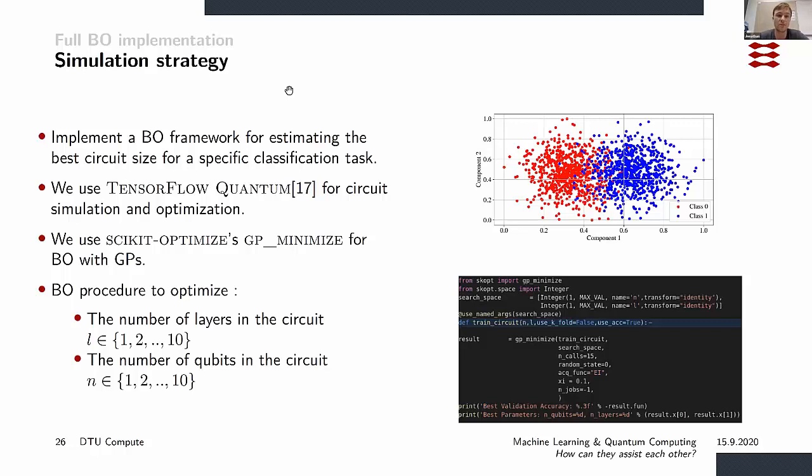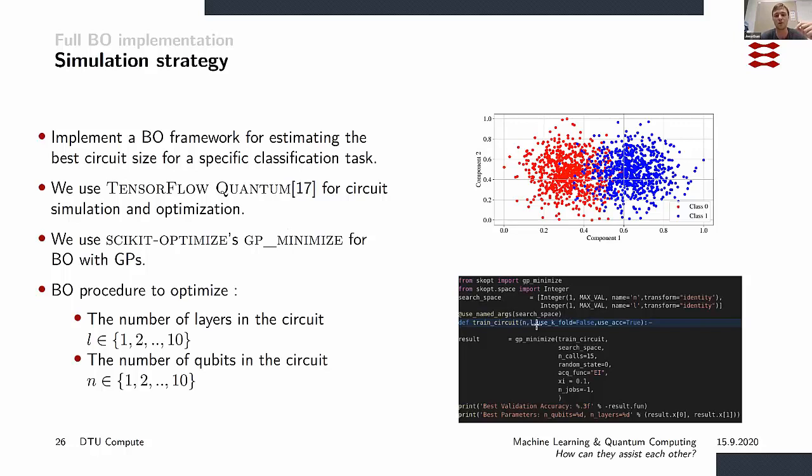Anyway, TensorFlow Quantum is just like that, just built by Google instead of IBM and Xanadu. So I use TensorFlow Quantum, and then I use scikit-optimize. Everything is done in Python, by the way, and you're more than welcome to see the script if you want. Everything is done with TensorFlow Quantum and what's called scikit-optimize's gp_minimize. It turns out that the code is only a few lines down here, except for this train circuit function right here, which is several lines, because that's actually our F, as we saw before. Remember that the whole Bayesian optimization was about finding the best F.